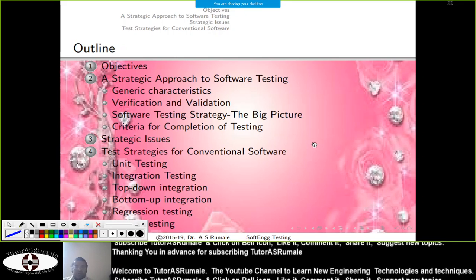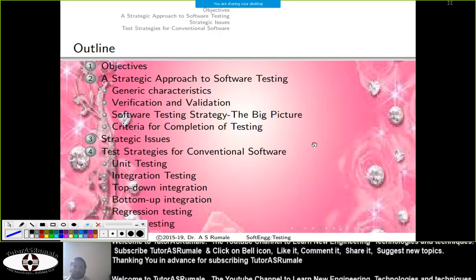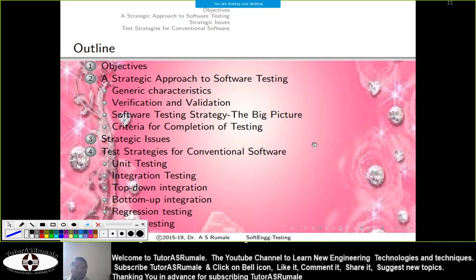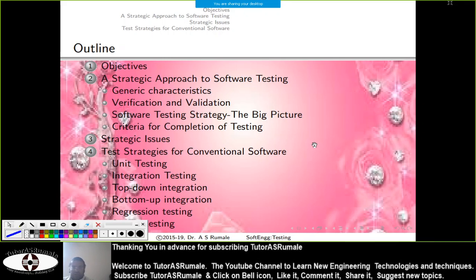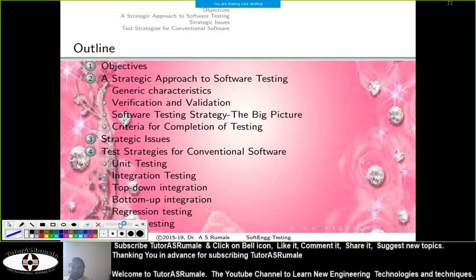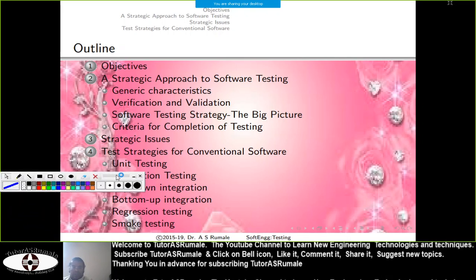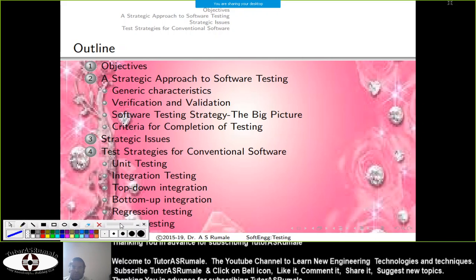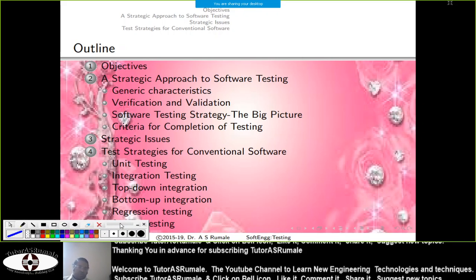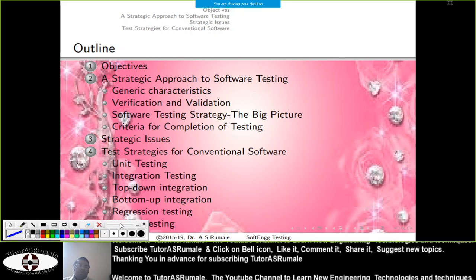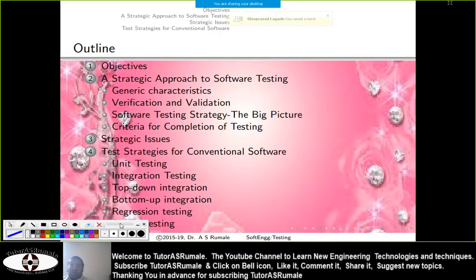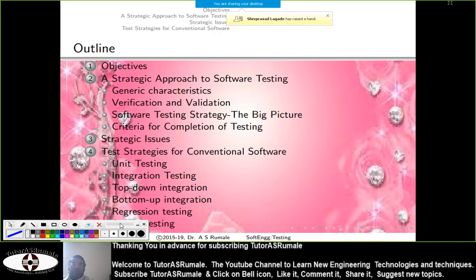Test strategies for conventional software, and in brief, what is unit testing, integration testing, top-down integration, bottom-up integration, regression testing, and smoke testing, that is the last one. Well, smoke testing is not actually part of your syllabus, but I still added it because without mentioning smoke testing, the testing won't get completed.